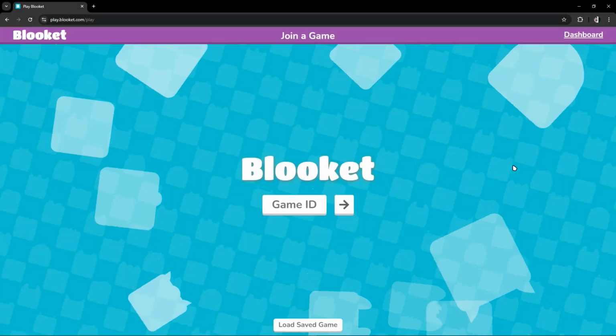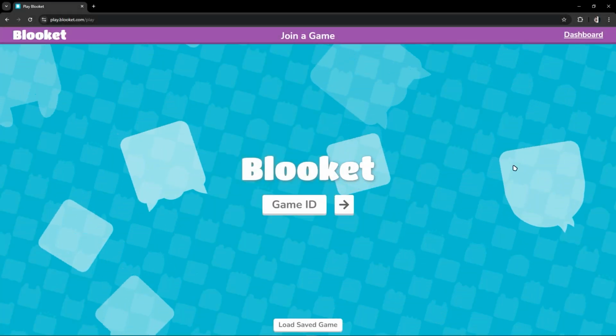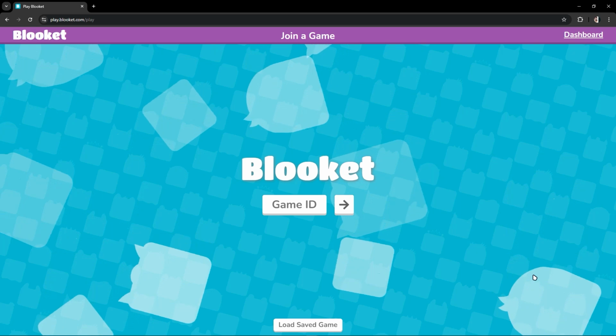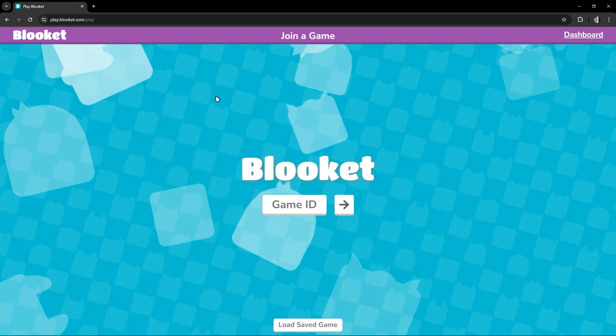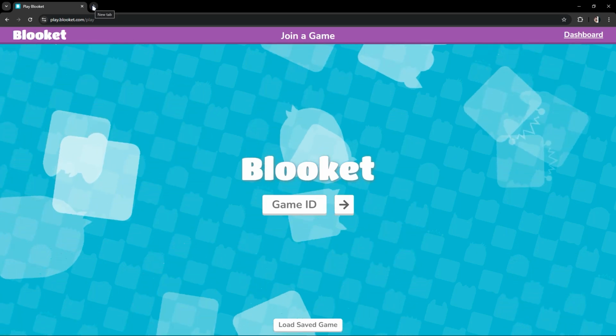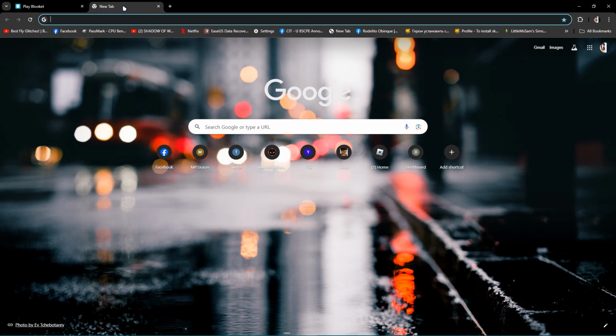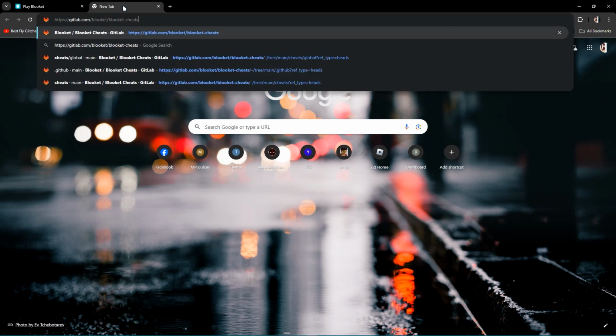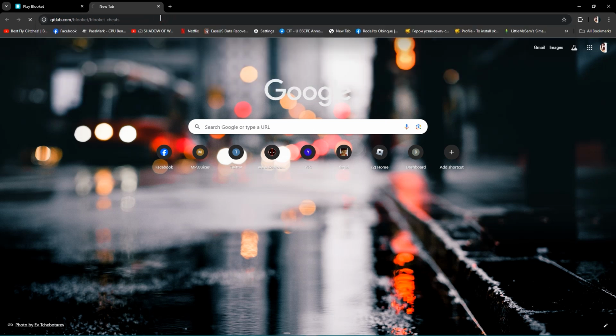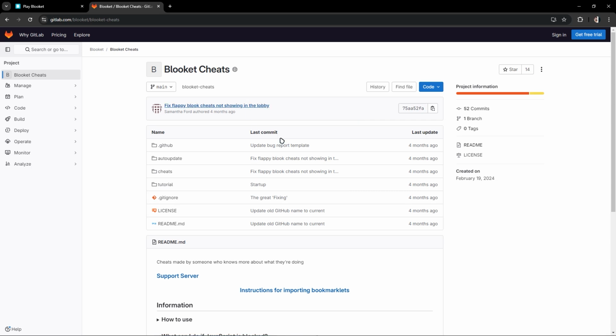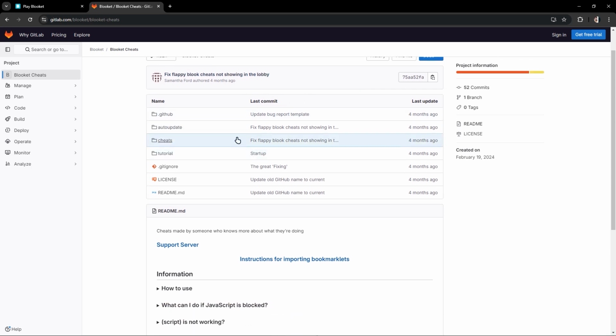In this video, I'm going to show you how to get infinite tokens in Blooket. So as you can see, just get a new tab and copy this, what I've written. It also GitLab to the cheat of Blooket. So just enter that. Then once you are in here, just click cheats